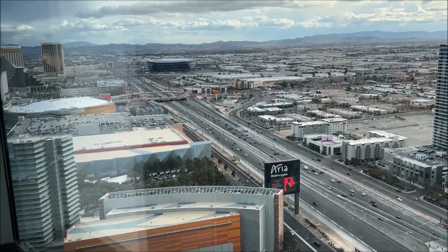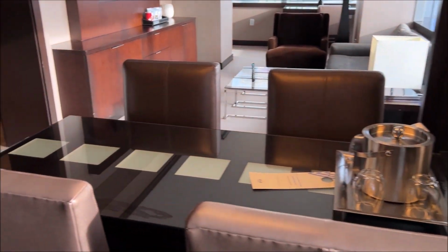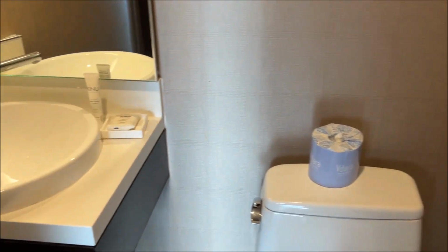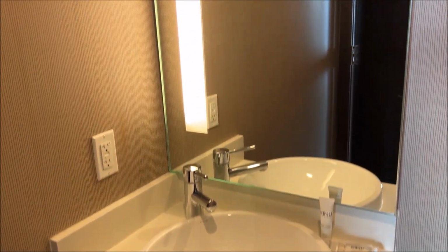I do like the view in this room, Allegiant Stadium over there. And this little dining area is pretty decent. It's a nice size. The toilet by the front door is decent size. If you need to do your business while someone else is hogging the bathroom, not a problem. Nice size mirror. And heading back out here and through this door, you have a washing machine and a tumble